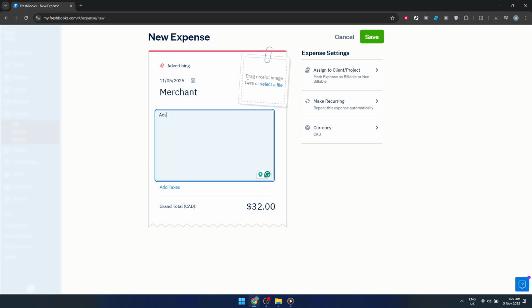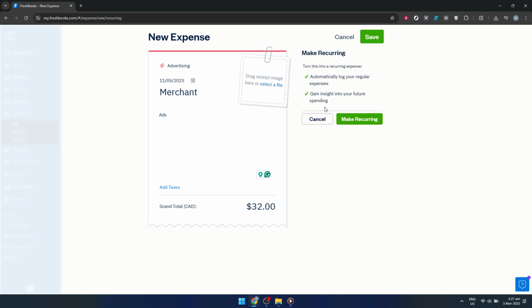Furthermore, Freshbooks gives you the option to assign your expense to a specific client or project, or even mark it as a recurring expense, if applicable. This feature is particularly handy for businesses that need to track project-specific spending or manage subscriptions and other regular payments. By linking expenses directly to a project or client, you enhance your reporting capabilities, making it easier to evaluate profitability